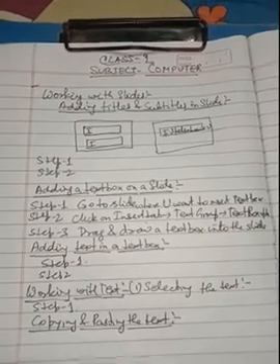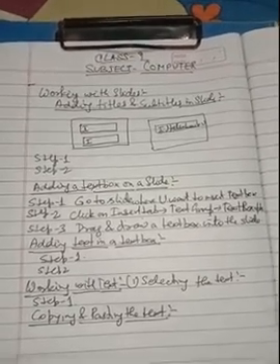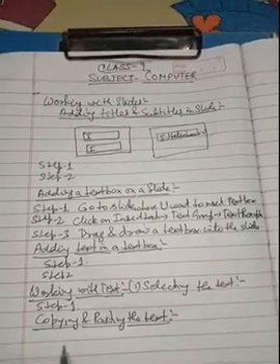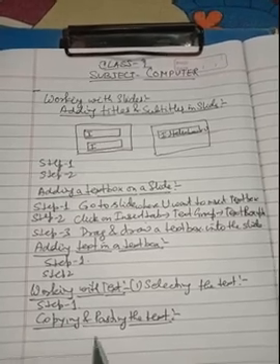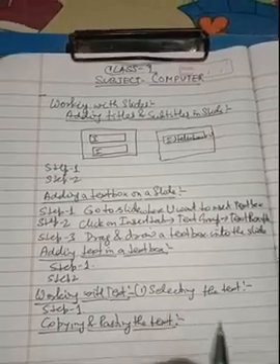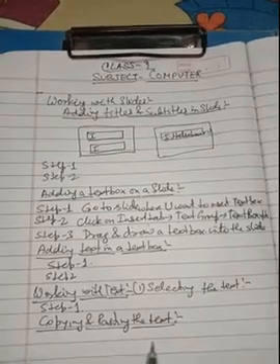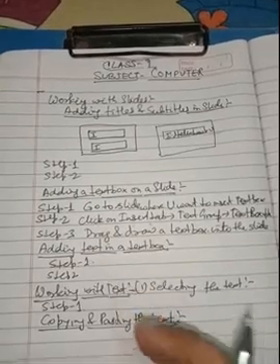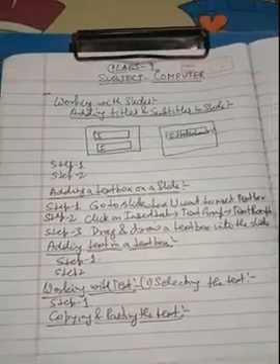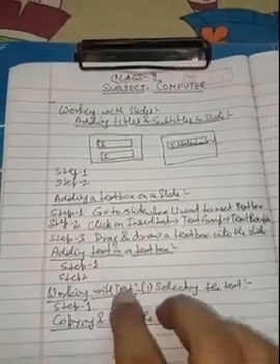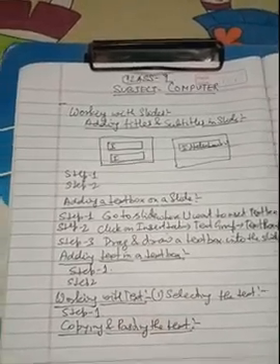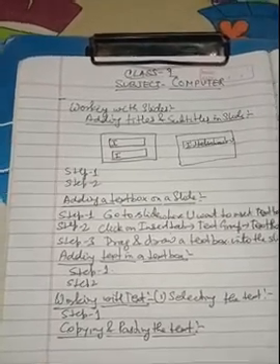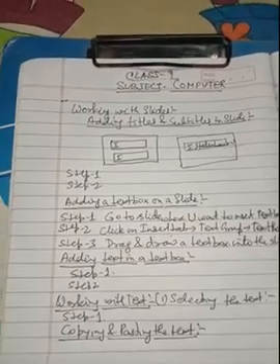Copy means to create a copy of the content for another desired location. Remember, the content will remain in the original location. You can move that copy to another desired location where you want. And cut means that you can move the original content from one location to another location. So in cut, the same content is moved from one location to another, whereas in copy, a copy of the original content is created and we can move that copy to the particular desired location.